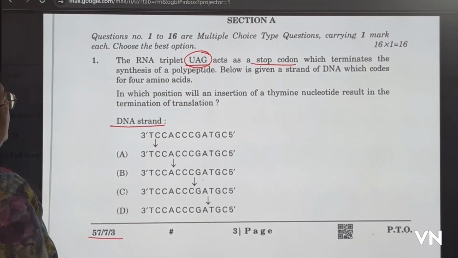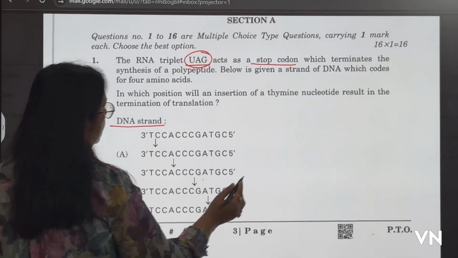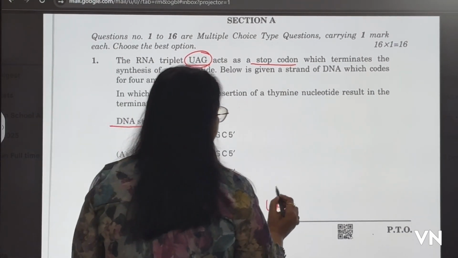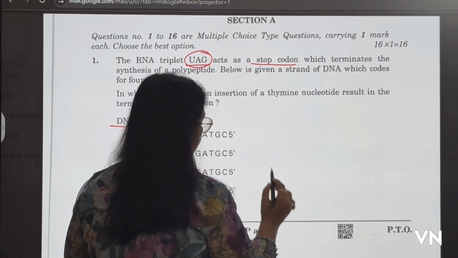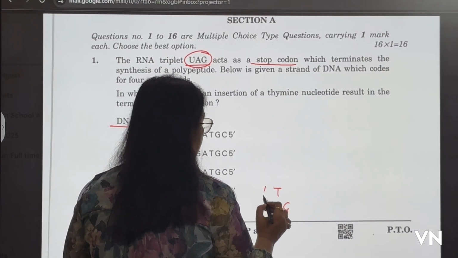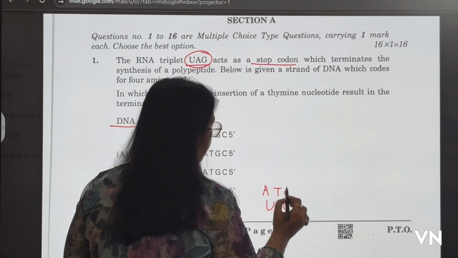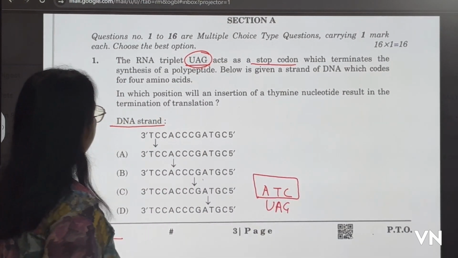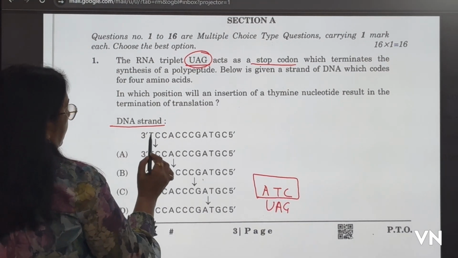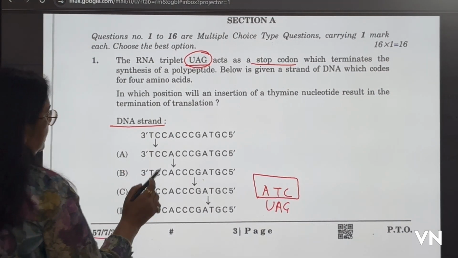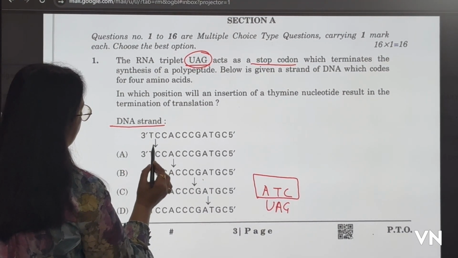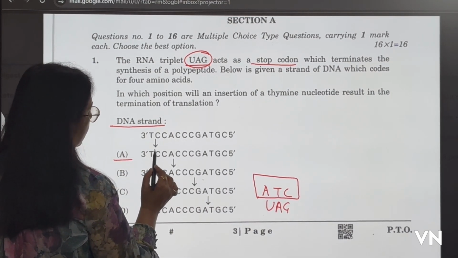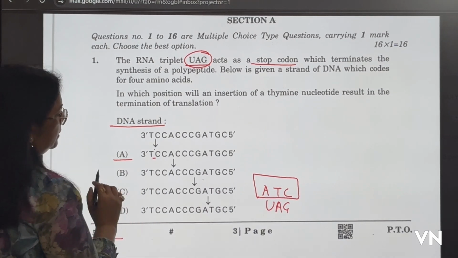DNA strand, UAG. For UAG you require thymine and uracil, adenine, and this ATC sequence is required in the template strand. ATC. यहाँ पर इस ऑप्शन में आप देखोगे यहाँ इंट्रोड्यूस हो रहा है तो आएगी सीक्वेंस TAC,